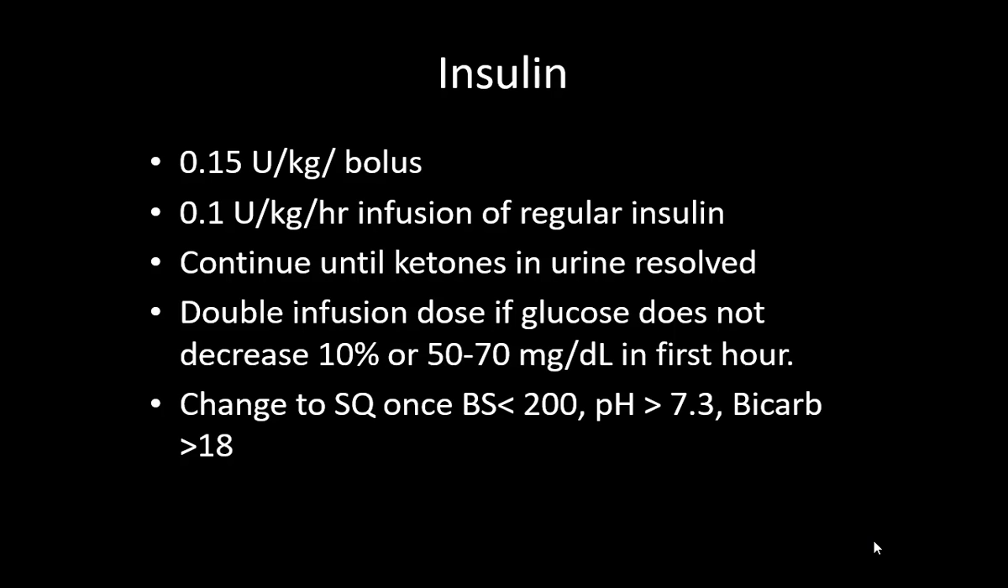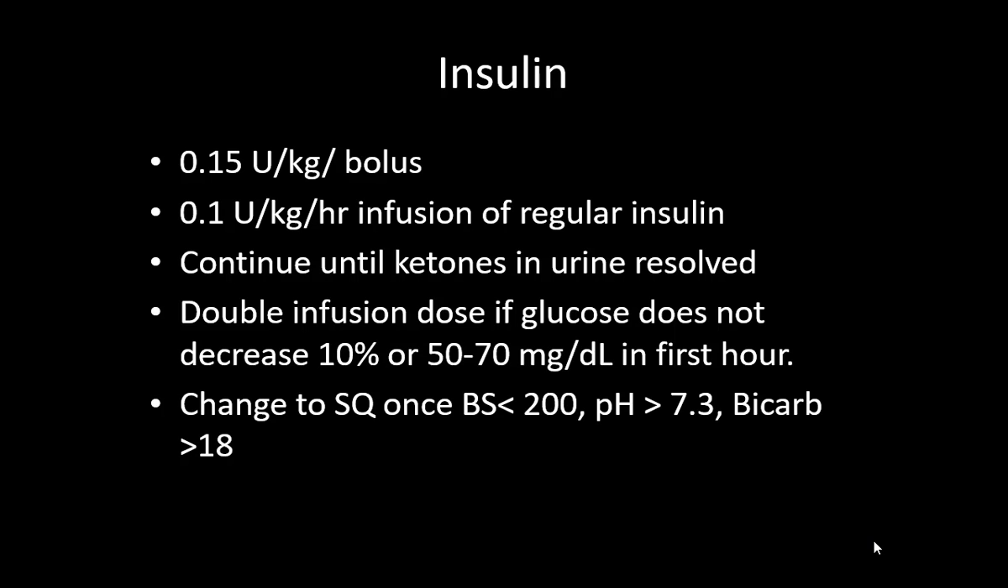So regular insulin, 0.15 unit per kg as an intravenous bolus, and then you start an infusion of 0.1 unit per kg per hour. We will continue this till the ketones in the urine get resolved. If the blood glucose level does not come down by 50 to 70 milligram in the first hour, the dose of insulin infusion is doubled, right? So if this is not coming down by 50 to 70 milligram in the first hour, double the dose,